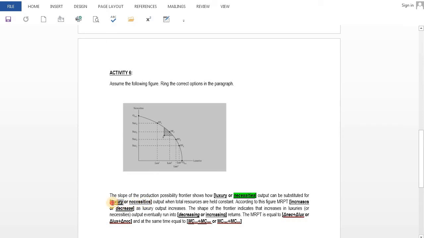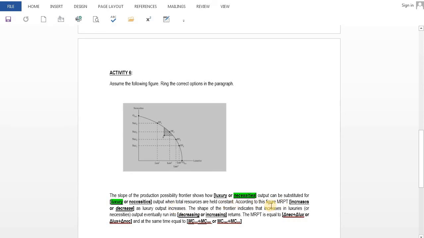When actually we're keeping the resources constant. Okay. Then we move over to the second part of it. Right. So moving to the second part of this, we say that